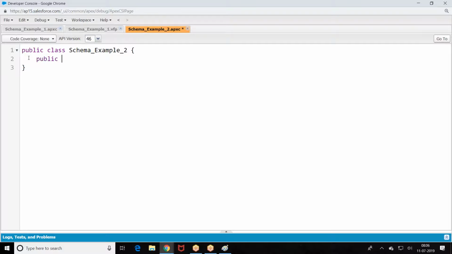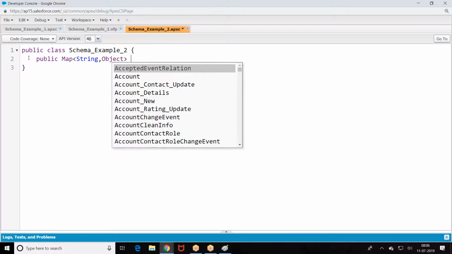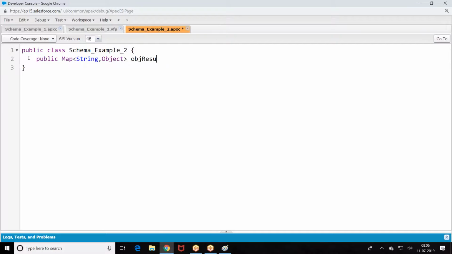So let me give you public Map of String comma Object. Schema.